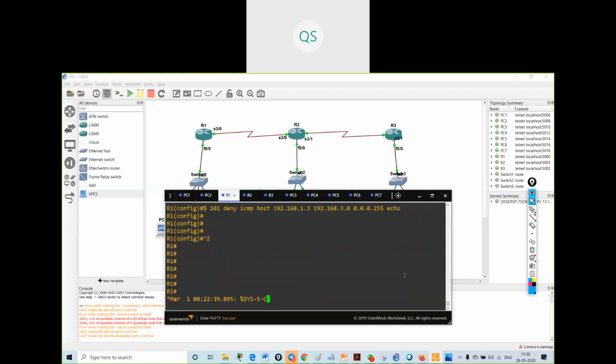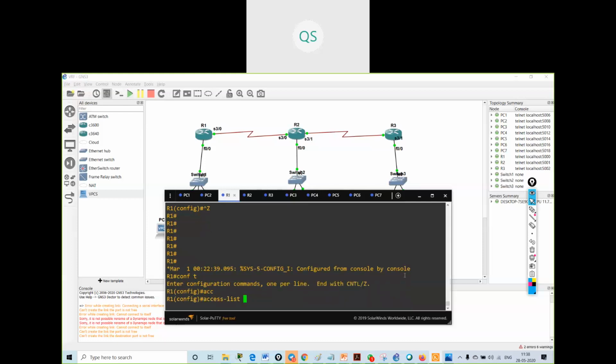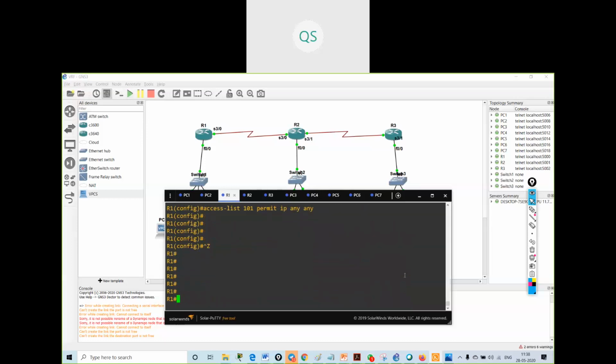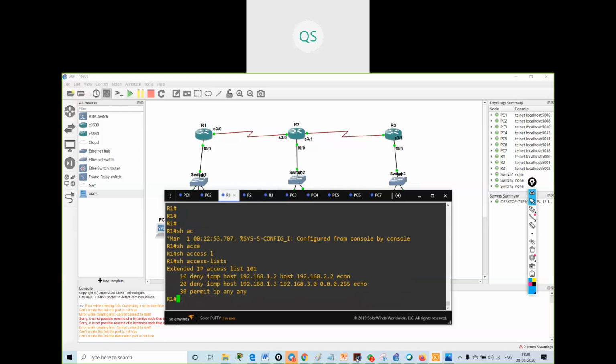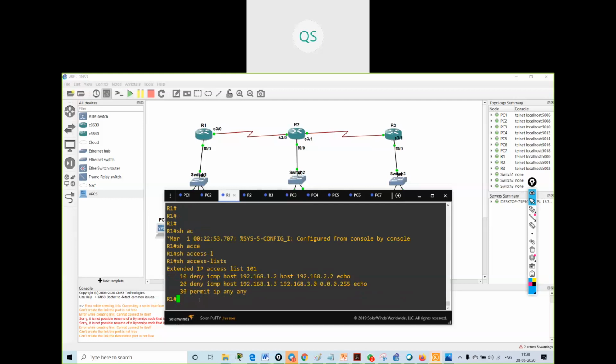I've configured the access list. I will say access list 101 permit IP any any. Okay, show access list. I've configured two commands, so this is my third command. I've removed the third command previously.